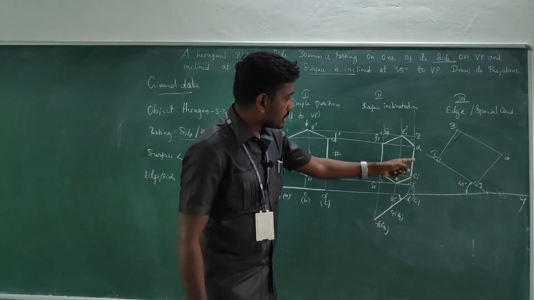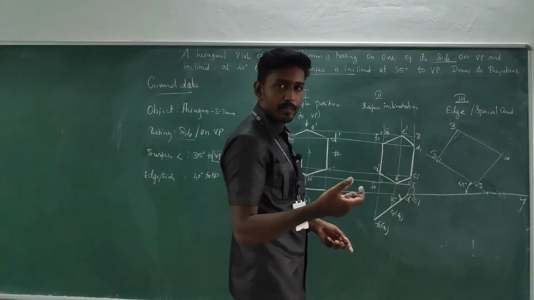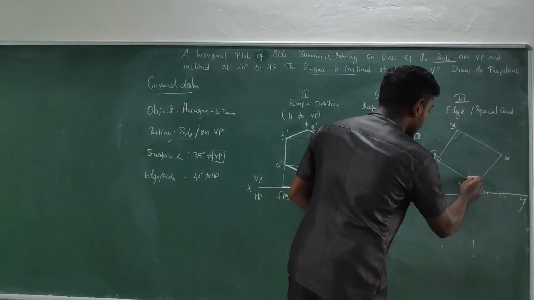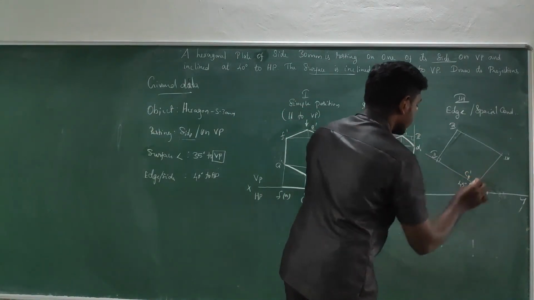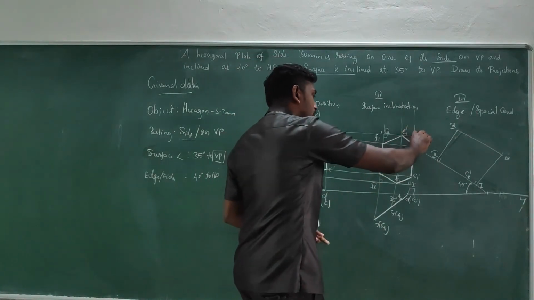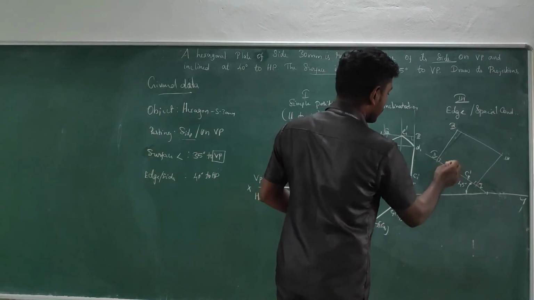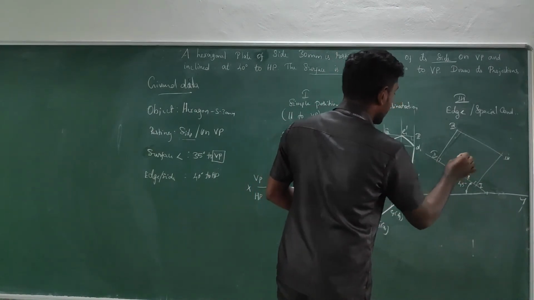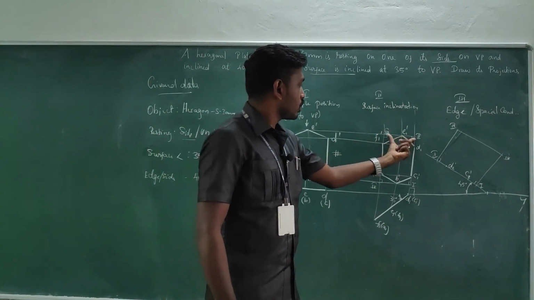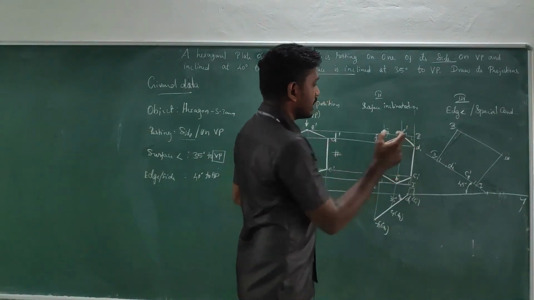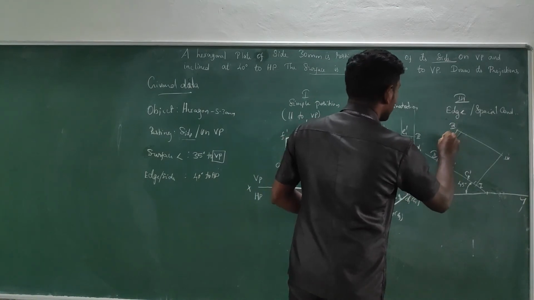Now see, C and D are in between 1 and 2. So I am taking the measurement 1 to C, and from 1 I am going to make a cut with the help of the compass. So this is C2 dash. Next, from 2 I am going to measure D, and from 2 I am going to transfer the point. So this would become D2 dash. Concentrate on E, where it is located between 2 and 3. From 2 I am going to transfer the measurement. So this becomes E2 dash.